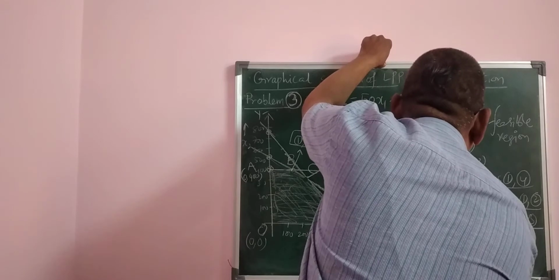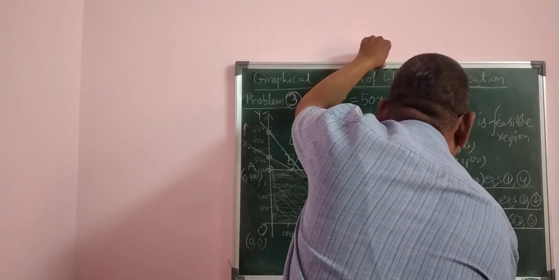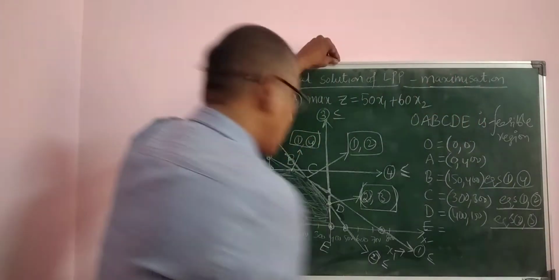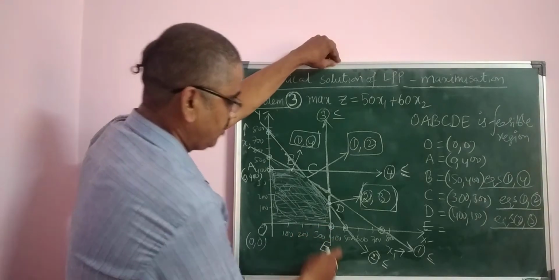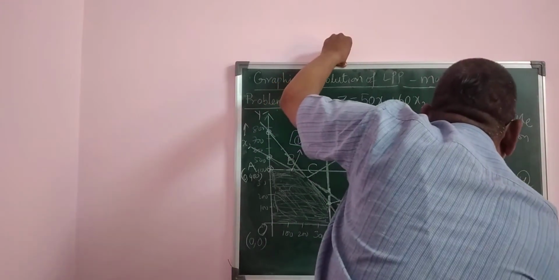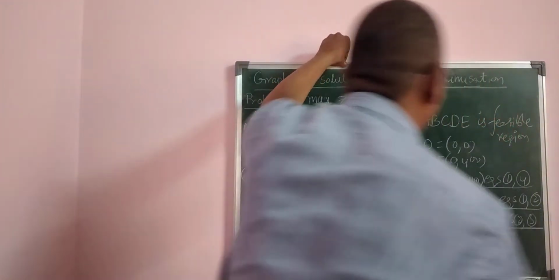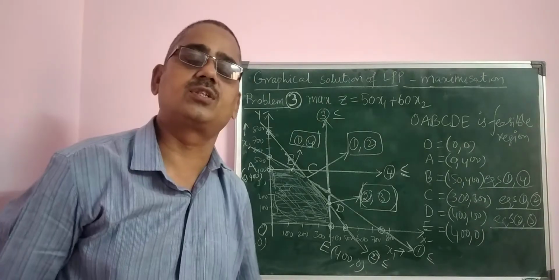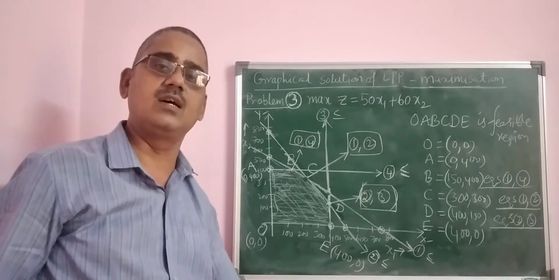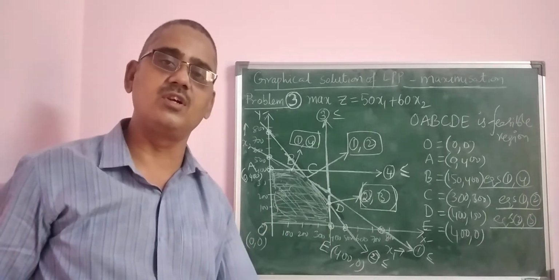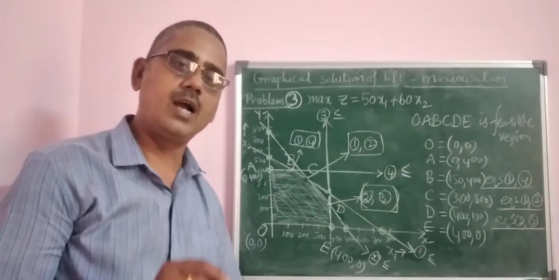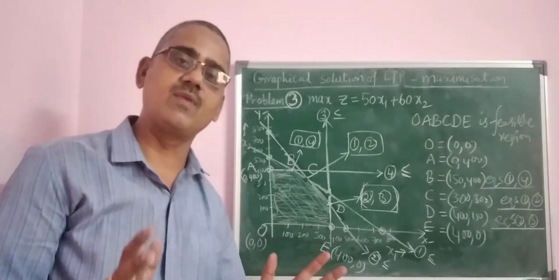And finally E. It is a direct point. It's 400, so it is 400, 0. So this is the picture of all the corner points. I have identified the corner points, and wherever a point was not directly available, I have solved the equations and got the values. The only thing I left out is solving the equations. You solve the equations, you will get it. That's all.